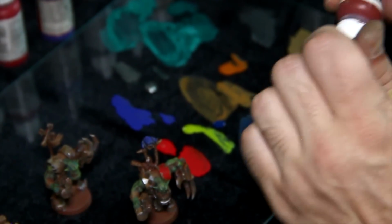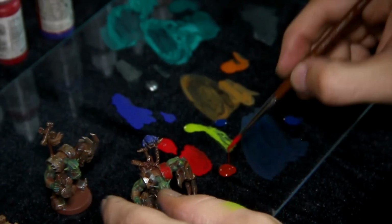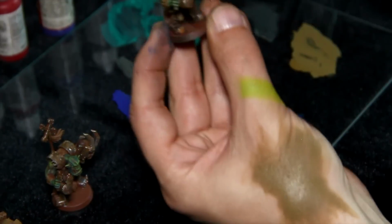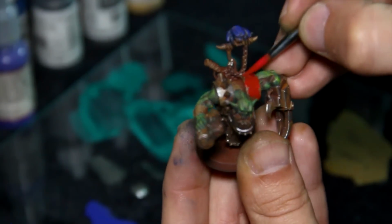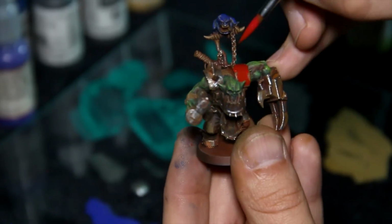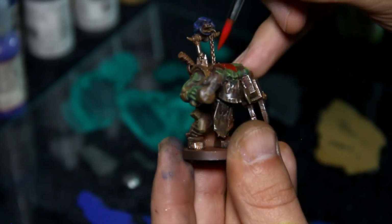Actually, you know what I might do? I'm gonna switch to a darker red so I can use a highlight. Yeah, I think that'll be better. But so I'm just gonna work that color out and maybe apply. I'm gonna wipe off some of it just because I think it'll look cool. And then,